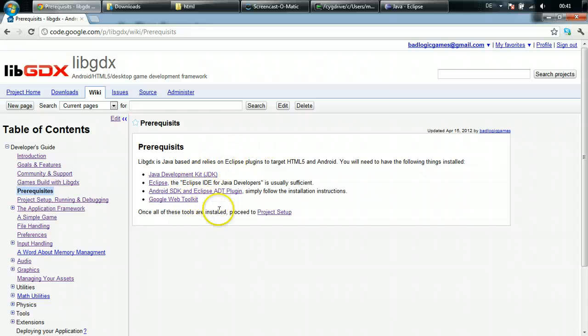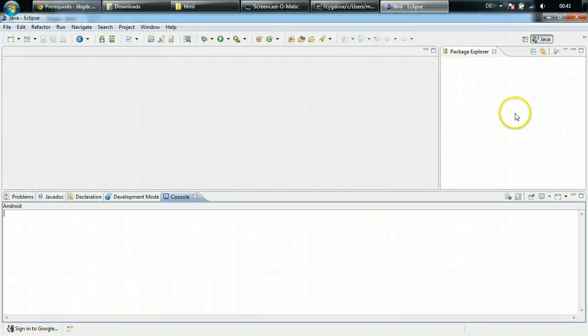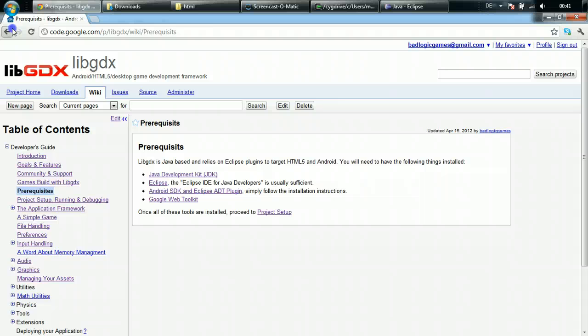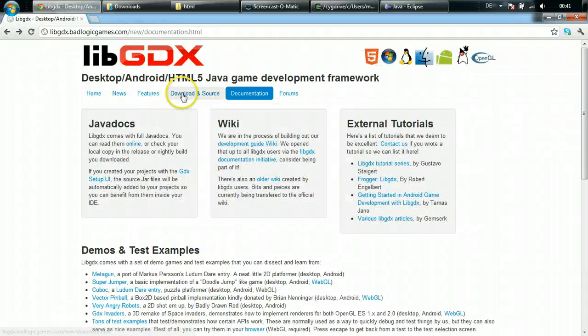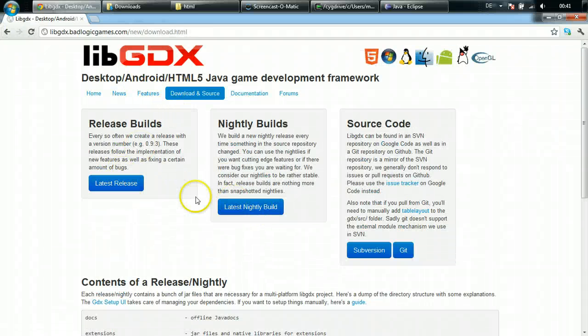So assuming you have all of that installed and configured correctly so that you have a fancy Eclipse workspace that's waiting for our projects to be imported, we can fetch either the release or nightly build. So go to download and source, choose one of those. I generally go with the nightlies. Well, actually I'm working on the SVN trunk, so I don't use either of those,